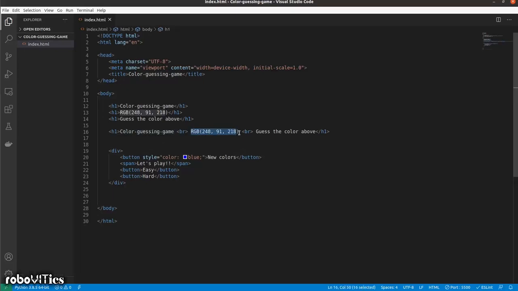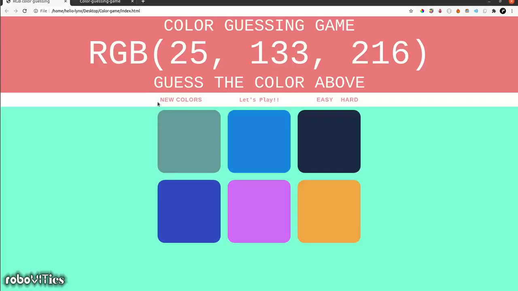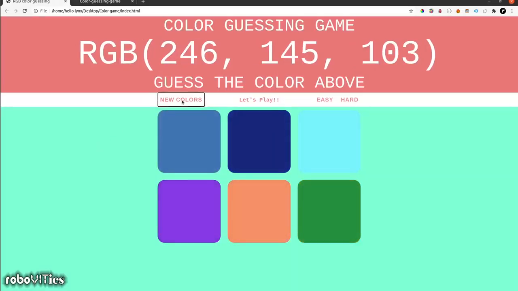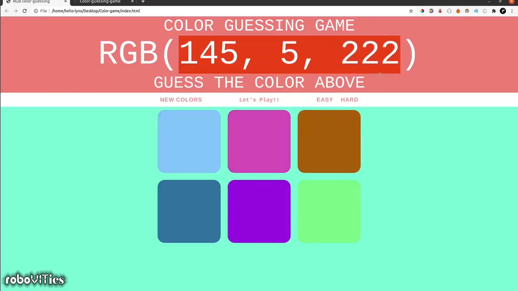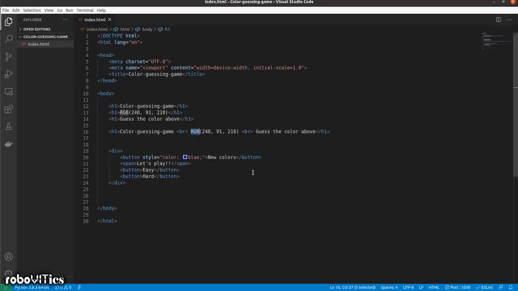Now this is actually a good time to start with CSS, because we want to target this particular piece of information, that is RGB, the values that are there in RGB that keep changing each time we set a new different color. So you can see this changes. Now for that to happen, I need to target the specific line, and for doing that I would need some kind of selector. So before I come to that, let's just understand how we can add CSS to our HTML file.